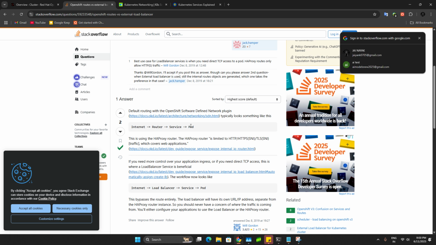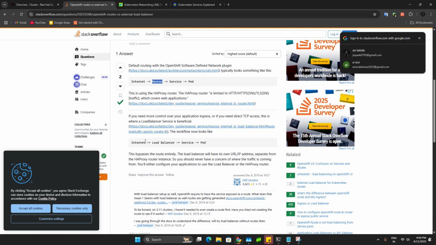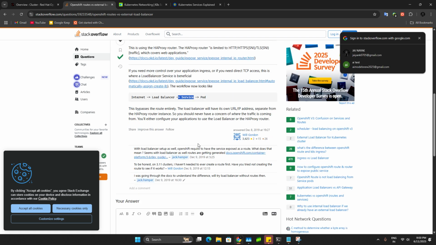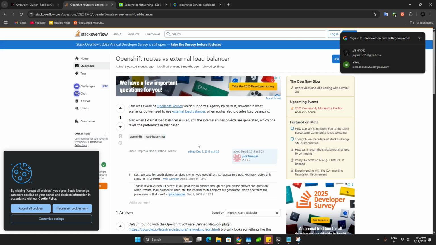Internet routes services directly point to the pods, right? Same, if we have internet mobile, and you expose that service as a route, we can access it. But with a load balancer, the internet traffic will hit the load balancer, and it will find out the rule in the ingress which service is mapped, and will redirect to that particular pod. Okay, right? Just Google it, you will get that.